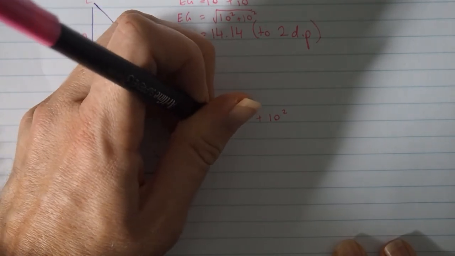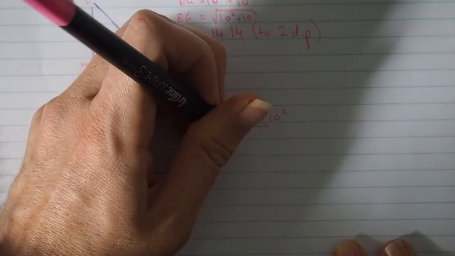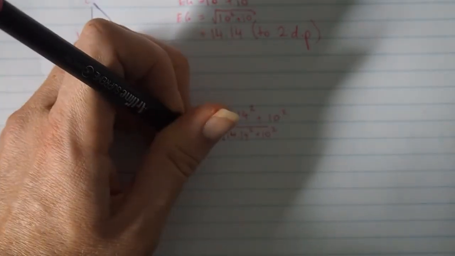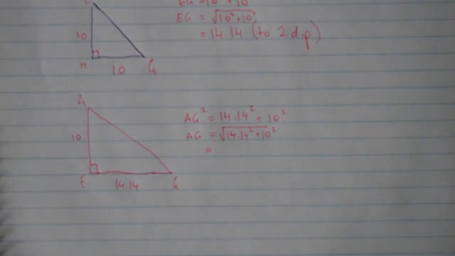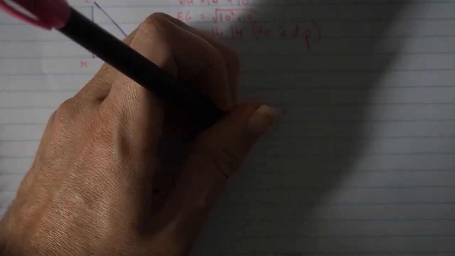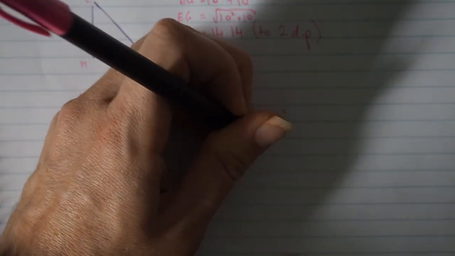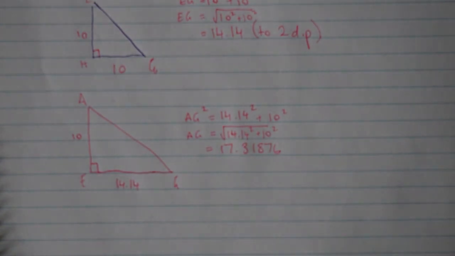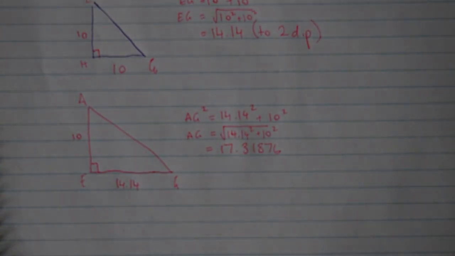AG is the square root of those, which comes out to be 17.31876. I'm just showing you rounding because it's always a good opportunity to check that you understand how to round